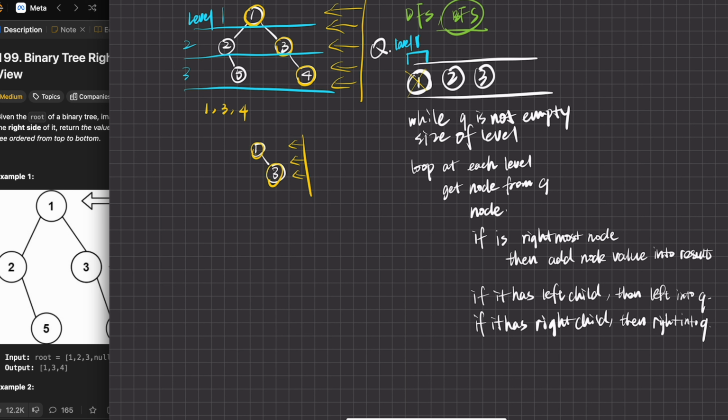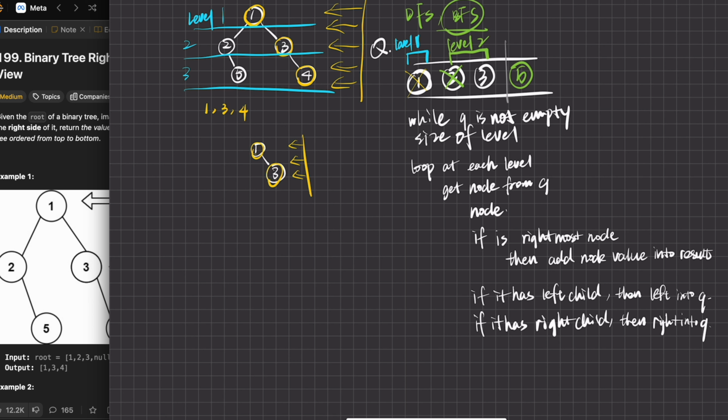It means that at level 2, we only have 2 nodes. For example, if we are processing the node 2, we will definitely add the node 5, something like that. But when do we stop? That's the question we have here. So before we add a new node into it, we also need to know what's the size of the level 2. So we get the size of level 2 and then continue to put the node